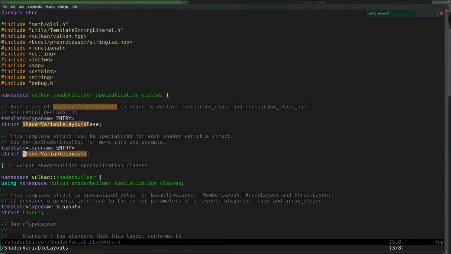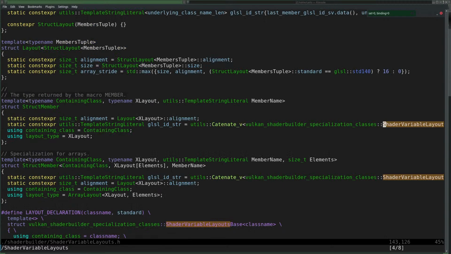Here it is defined. It is defined in Vulkan Shader Builder specialization classes. And then it's being specialized for all kinds of stuff, including